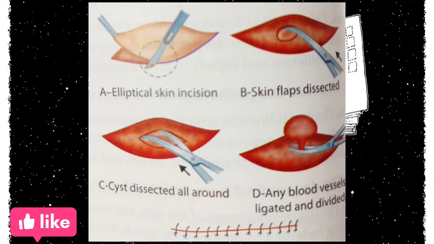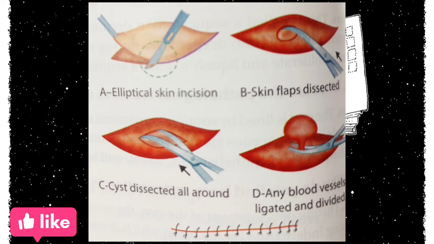Next comes how we will treat this patient. First of all, we have to do an X-ray in AP view, anterior posterior view, and lateral view to look for any bony gap in the skull. Is there any bony gap or not? Through a bony gap the cyst may extend intracranially. If there is no bony gap, which suggests no intracranial extension, simple excision of the cyst is done.